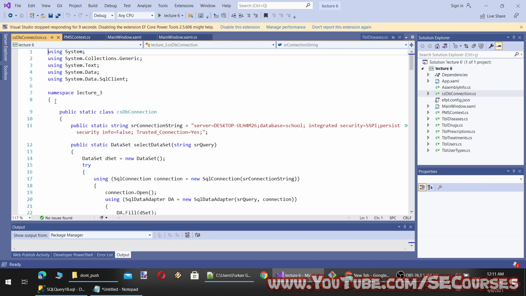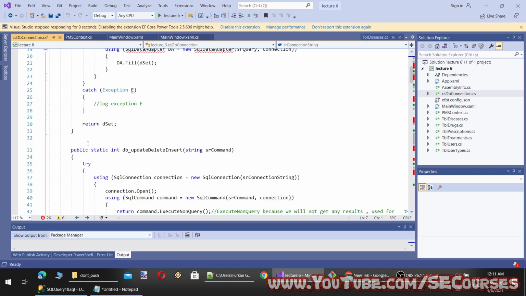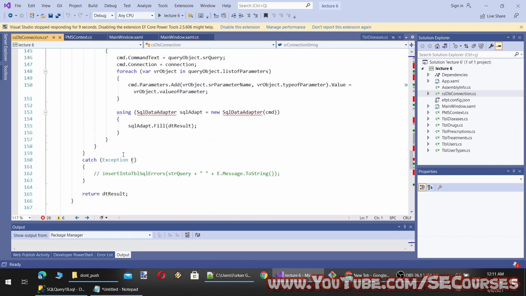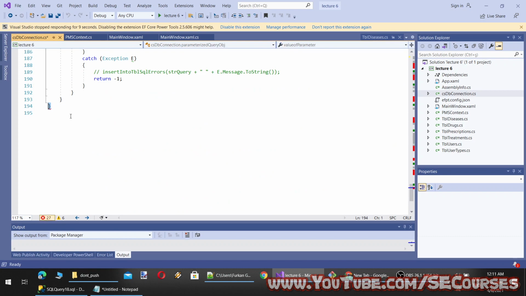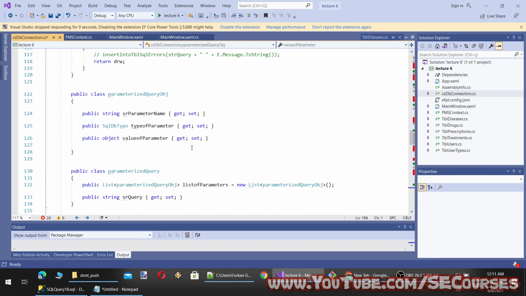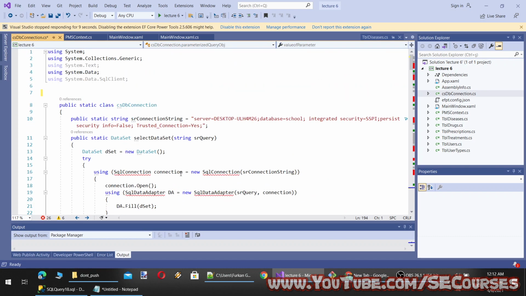Okay, so you see this has namespace lecture 3. Therefore, if I don't include this namespace in my project, I cannot use it. So if I want to use it, either I can change its namespace or I can delete the namespace, and when you delete the namespace, it will become available to your entire project.